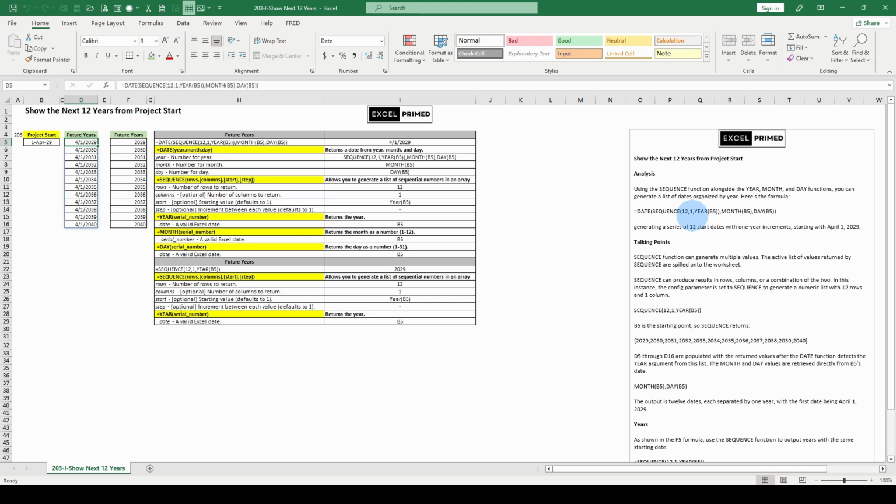Well, similar to that previous tutorial. Do you remember the last example? We used the date function and we buried within it the sequence. And then we know that we can set whatever we want in terms of year, month, day. We're not going to go over the year, month, day functions; if you don't understand them, sign up for the beginner formula tutorials, where I go over this. Generating a series of 12 start dates with 1 year increments, starting with,